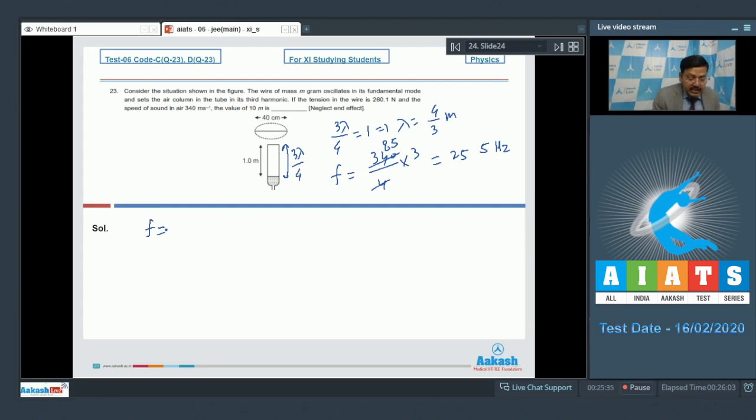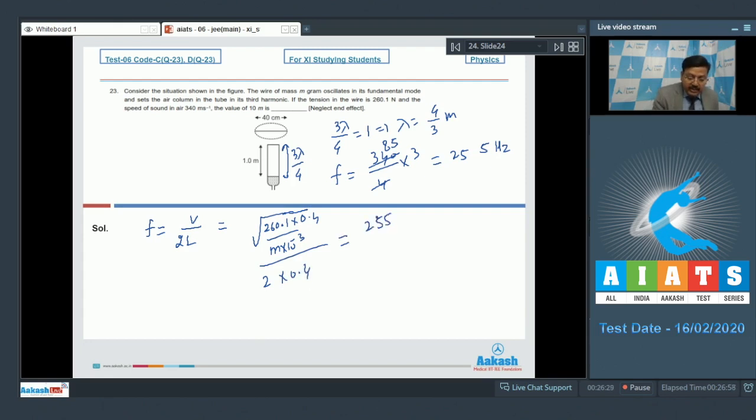As far as the string is concerned, the string of course is oscillating in its fundamental mode, so frequency is equal to speed of the transverse wave divided by 2 times the length, and speed of transverse wave is under root T by mu. So T in fact is given to us, and that is 260.1. Mass per unit length will be m into 10 to the power minus 3 kg, and the length is 40 centimeters, so it is 0.4, and this in fact is v, and we divide this by 2 times 0.4,